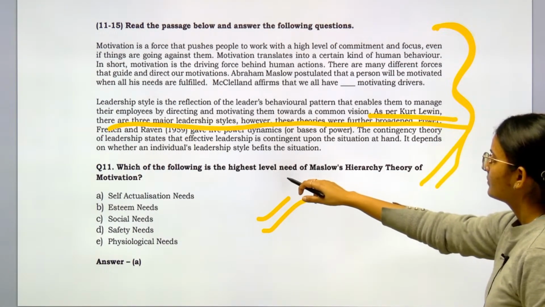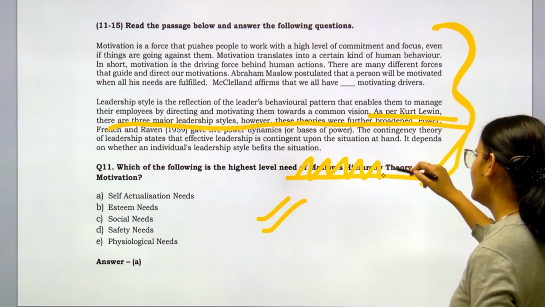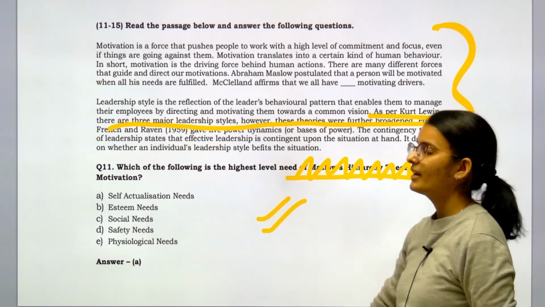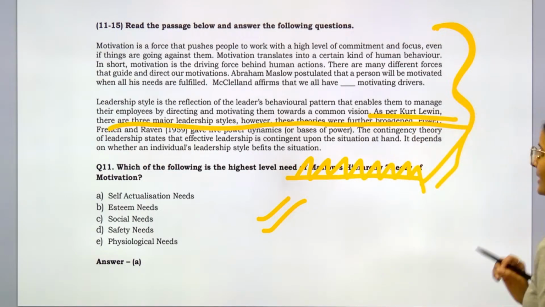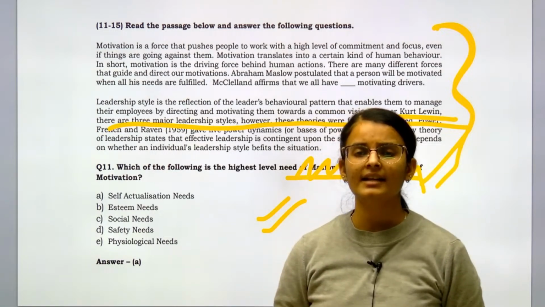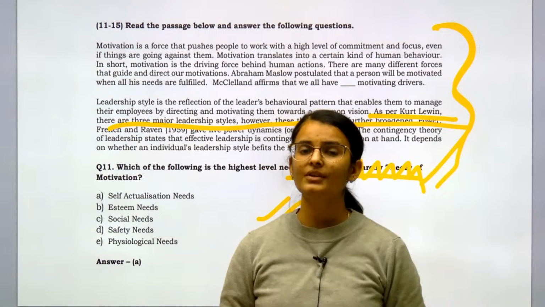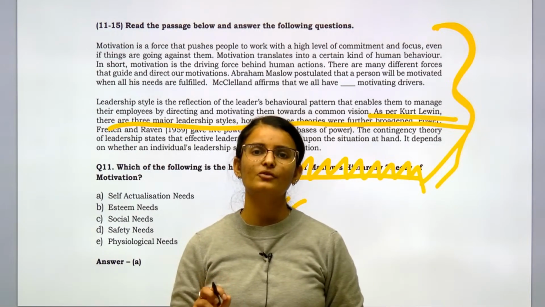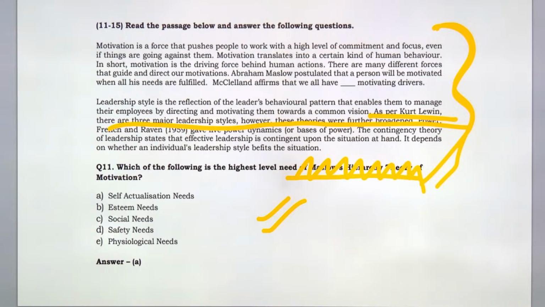So, luckily they have given the name of the theory, else they could just write this question and say identify the theory discussed in the paragraph, to make it difficult. So not just do you have to mug up the theories, you have to understand the difference between each motivational theory, and for that you don't just need to mug up the things, you have to be conceptually clear about each and every topic.